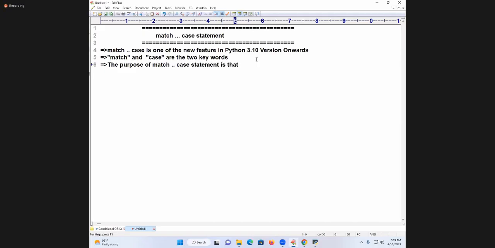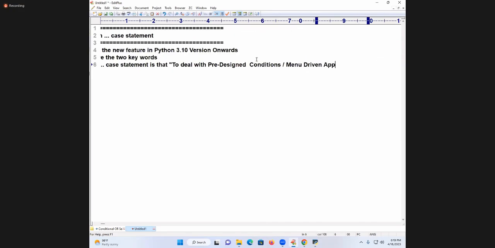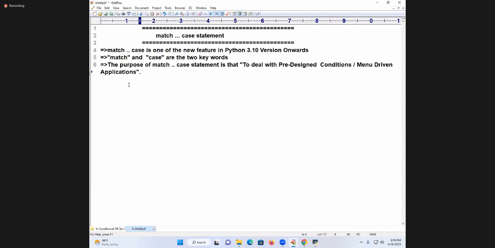is that to deal with pre-designed conditions or menu-driven applications. Have you heard about menu-driven applications any time? Come on. No. So the meaning of menu-driven application is something like this. Please spell out once what this word is called. Pre-designed conditions. Once again,